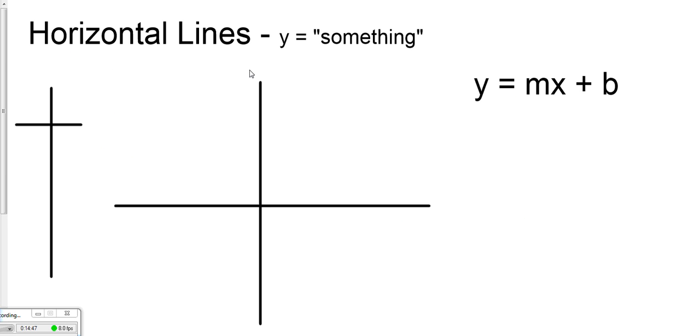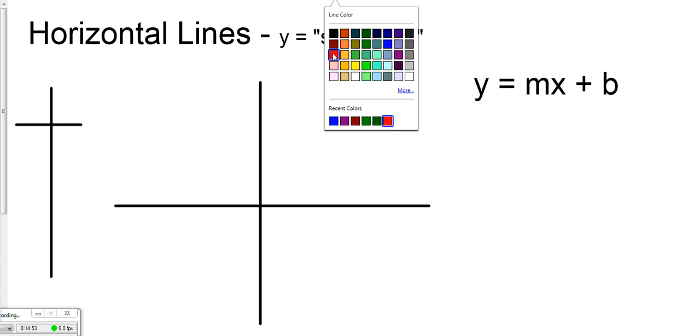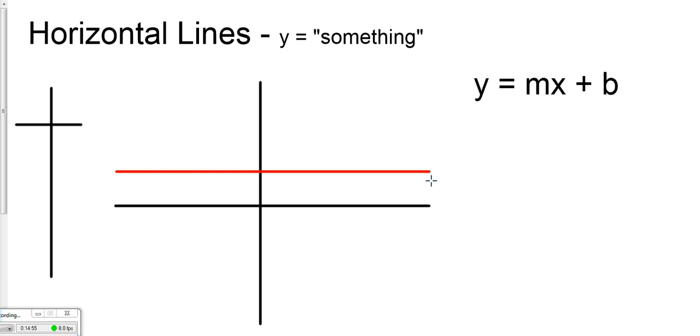Now we're going to go over horizontal lines and vertical lines. A horizontal line would look something like this. I'm going to do a red one. And the equation for it would be y equals something. In this case, looks like I put it at a place, I might call this